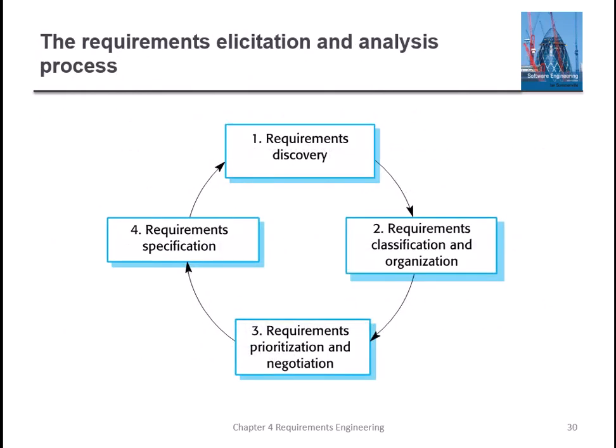Requirement elicitation and analysis process. So this is the first step where requirements are discovered, and then requirements are classified, prioritized, and negotiated, and then specified, and then we discover again. So discovery again is due to two reasons. Either we have missed some requirements, the specification document is incomplete, not accurate, or some ambiguous terms are used, etc. And another reason is that changes come in the requirements. So when changes come in the requirements, we will update the specification document, and for that we will come to